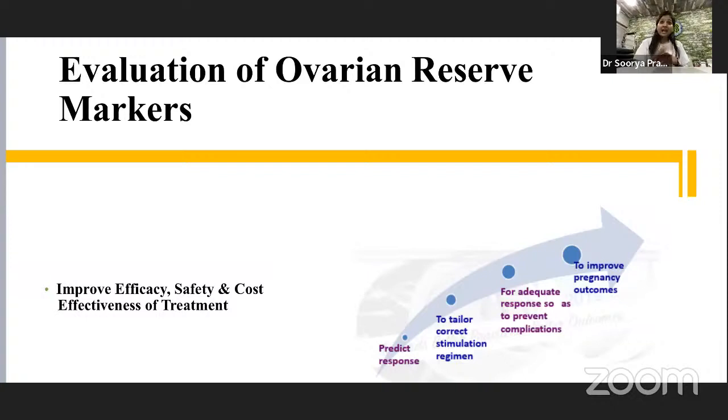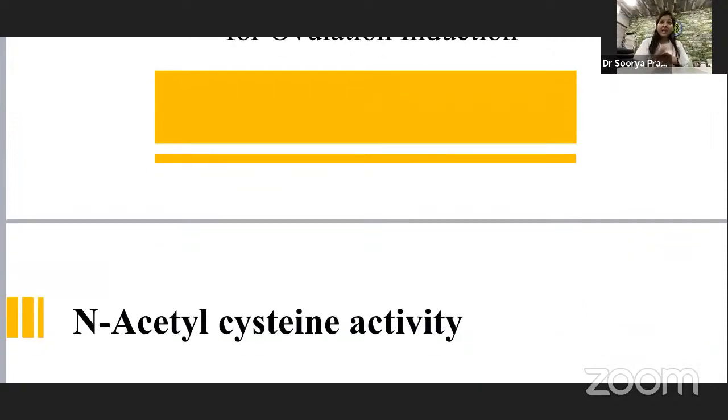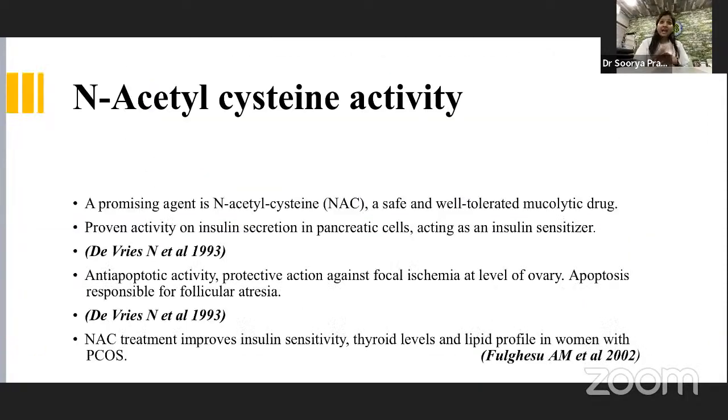Then, as an adjuvant. Regarding adjuvants in ovulation induction, there are so many adjuvants. Metformin is an excellent adjuvant. Not only does it sensitize the insulin, it also reduces the hormonal level. It also aids in ovulation by decreasing the weight of the patient. We have seen so many patients on metformin who have reduced weight by up to 8 to 10 kgs in 2 or 3 months. Then by achieving weight reduction, there is definitely a role in improving ovulation. So we have seen patients who got beautiful weight reduction, then achieved ovulation spontaneously without any add-on